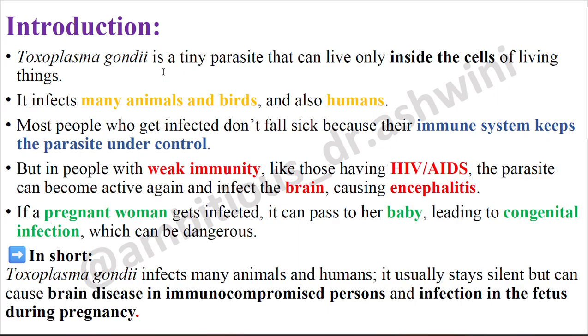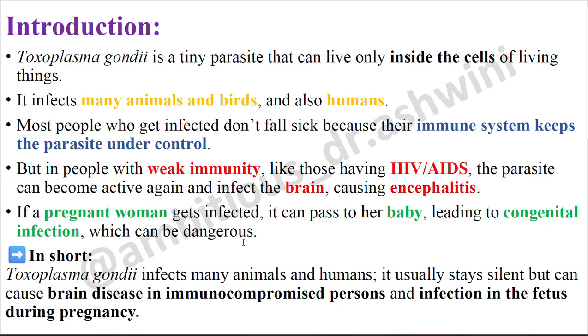Toxoplasma gondii is a tiny parasite that can live only inside the cells of living things. It infects many animals and birds and also humans. Most people who get infected don't fall sick because their immune system keeps the parasite under control. But in people with weak immunity, like those having HIV or AIDS, the parasite can become active again and infect the brain, causing encephalitis. If the pregnant woman gets infected, it can pass to her baby, leading to congenital infection,